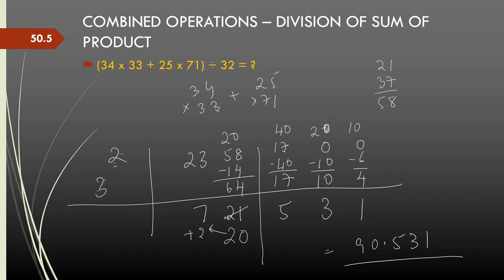This process of applying combined operations place value by place value significantly reduces the amount of time you will take to calculate a result of a combined operation. We've seen in the last 2 videos sum of products and then division of sums. It's very useful in a lot of places. We encounter this in our day-to-day mathematical problem solving, and this technique reduces the amount of time and also reduces the errors.